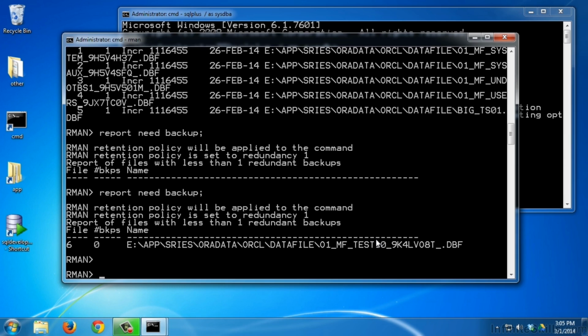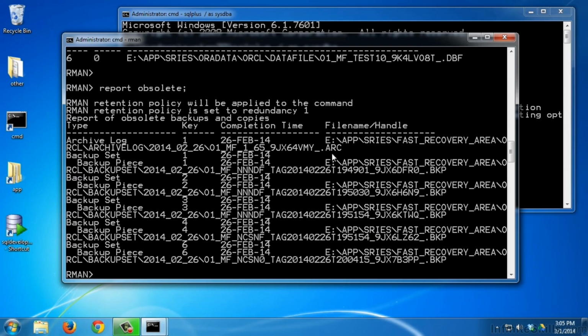Now, another major command for maintaining our space, because we always have a limited amount of space that we could use for the fast recovery area, is report obsolete. Report obsolete is going to give us a list of all of the backups, archive logs, image copies, or anything that we have in the flash recovery area that is obsolete and can be removed. Notice here that we have a number of files, archive logs, and backup sets that can be removed. In order to remove these, we'll use the delete